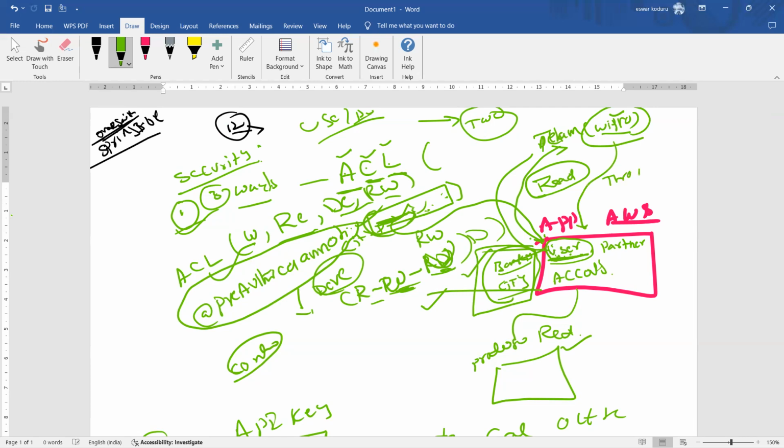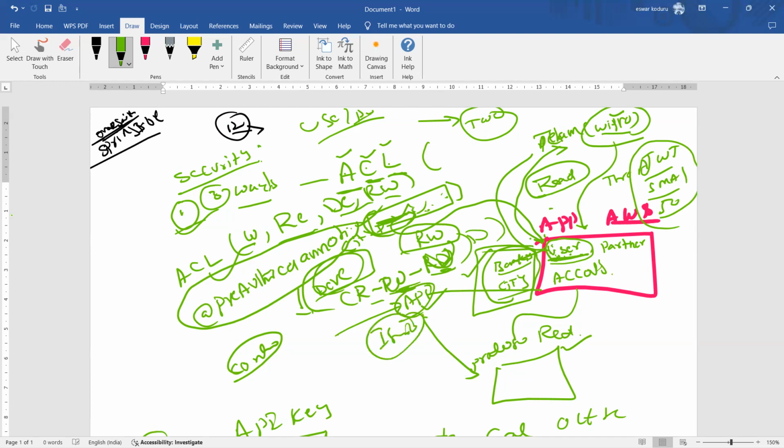Only through a JWT token or SAML token or some other token can they use it. Whereas in an internal application, Citibank developers and production support guys can use an API key, instead of generating the token and sending the token, which might take time. That's the reason they are using one more